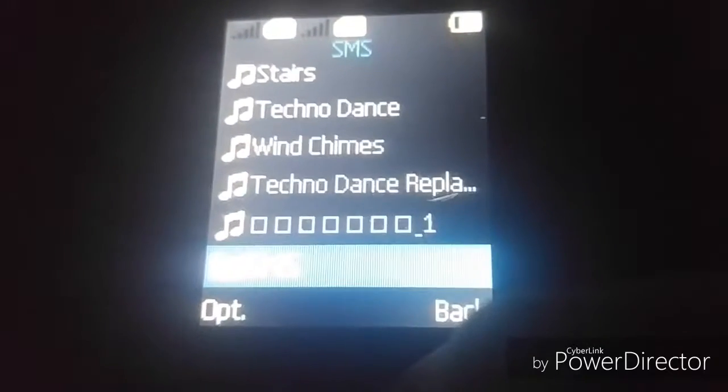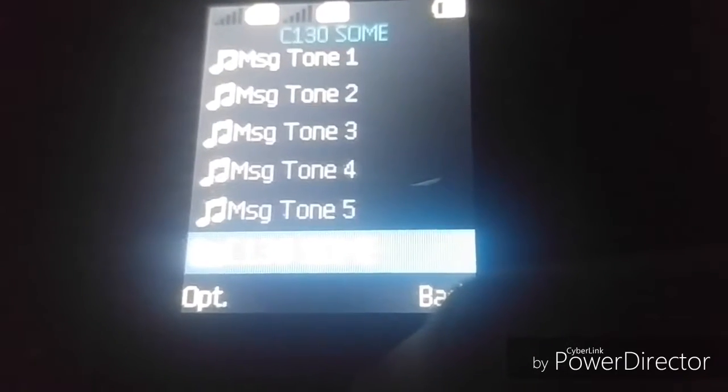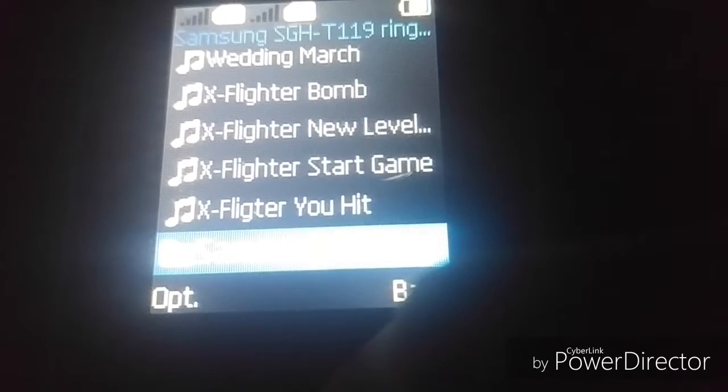Next is Samsung GT1080, then STHC417, SMS C130, E250, T219, T100 MIDI, T109, pre-downloaded songs, S500 MIDI, Nokia. Then I put Nokia ringtones. Then